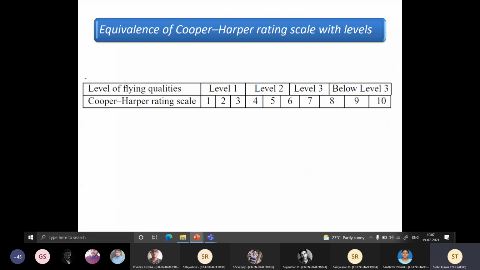After that, the Americans also tried to slightly combine these things. They found 10 different scales to be slightly difficult to manage. So they said, okay, let's club the first 3 scales to level 1. And then some overlap here and then level 2 and 3. So now it is restricted to level 1, 2 and 3. But practically when you talk to them, they talk in terms of 1 to 10. So it's just sort of a standard which has come up in the aviation industry.